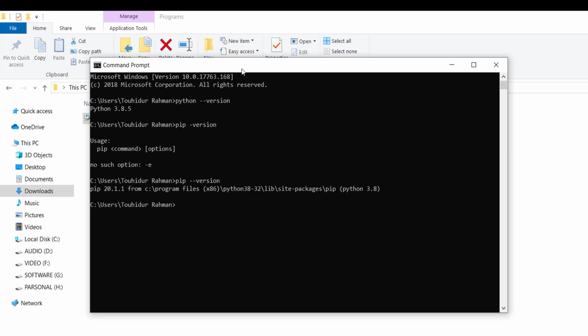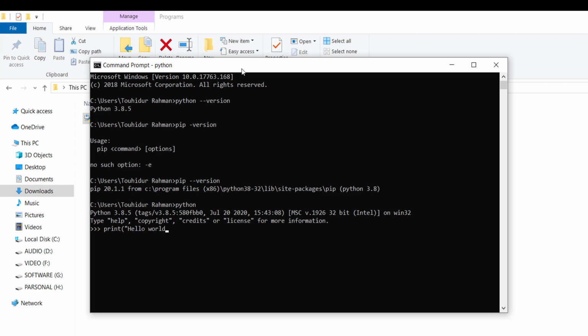So to write Python code, we need to type python and then press enter, and the Python shell is here, and then we can type print hello world and then press enter, and as we can see we have the same output again. So that's all about Python installation,